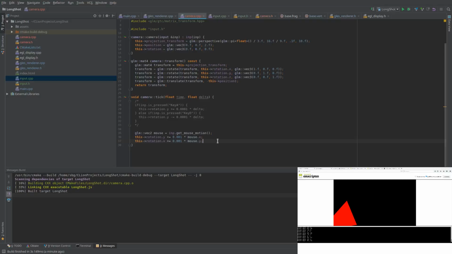If we can grab the pointer lock, we can actually manage to grab the entire thing, and I hesitate to call it a game, but we can at least move